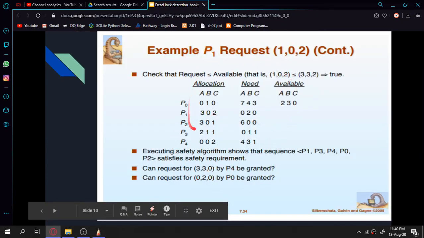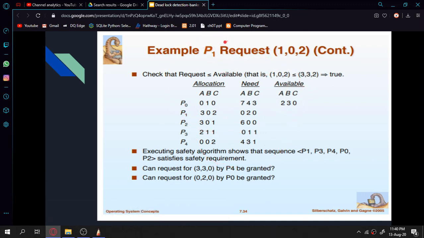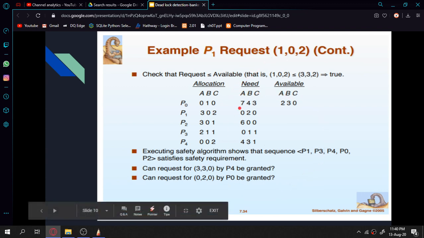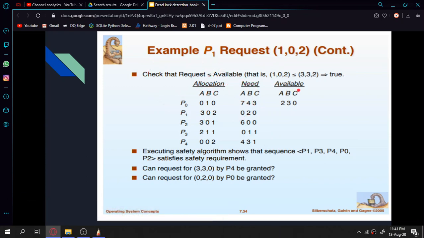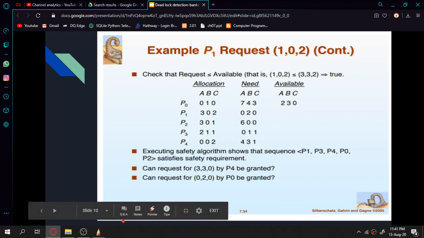And just like that, we can also keep on requesting. If another request from P1 comes for 1 or 2, how can we continue? We have to use the same procedure we have used so far. Likewise, given any matrices of this type, available, need, maximum, allocated, we can find the safe sequence for any number of processes with multiple instances. Hope you understood the logic behind how this Banker's algorithm works, and thanks for watching.